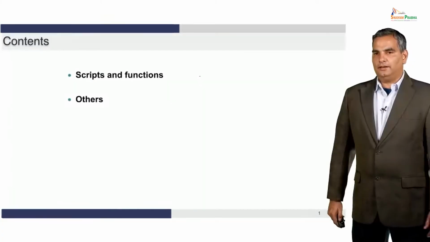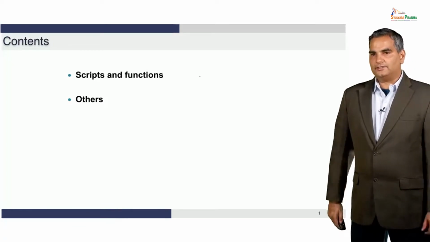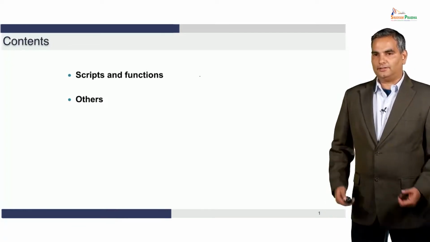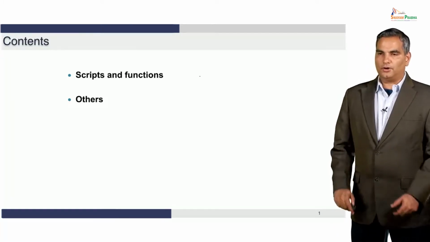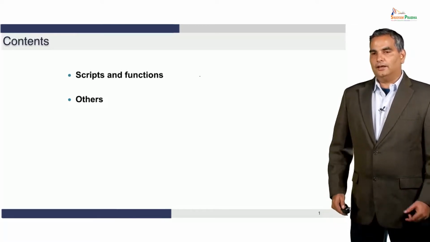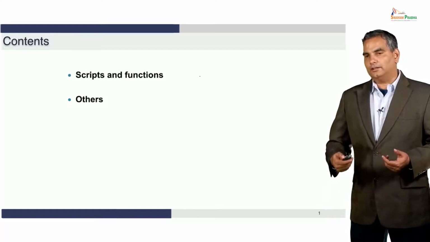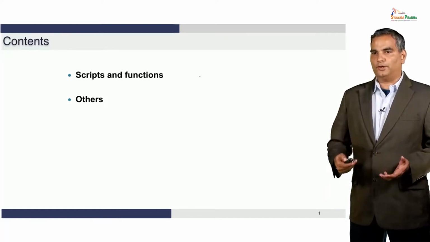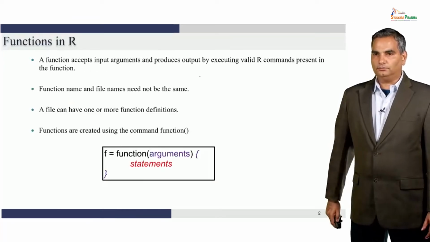Now that we have seen the control structures that we can use, one writes functions which have these control structures to do certain tasks that we want to do. So in this module, we are going to look at how you write these functions, how you open R script files, and how you use for loops, if statements, and while loops within the functions. So that's what we're going to see in this module.